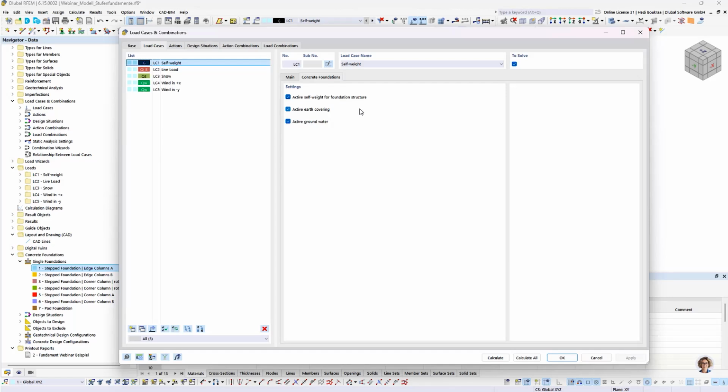This includes the weight of the foundation itself, meaning the concrete weight of the foundation plate. The second option is active earth covering. This considers the soil above the top of the foundation. And if this option is activated and the soil properties and the earth covering thickness are defined in the soil